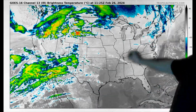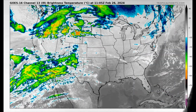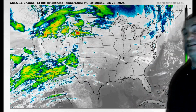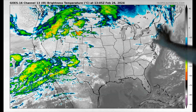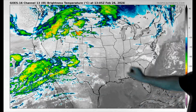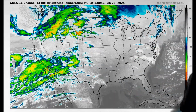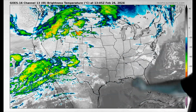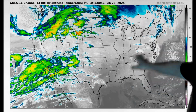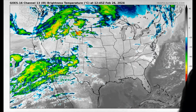Okay, we had a very weak frontal system push through overnight, brought a few flurries and snow showers, a dusting of snow, at least here in the South London area. I would imagine a lot of other places saw that as well. That will completely melt away by this afternoon, as what's happening here is, even though this is a bit of a cold front, it's actually sort of lifting north, so it's acting as a warm front, and the flow is going to turn to the southwest over the next couple of days, and that's really going to push the warmth in some today and really tomorrow and Wednesday